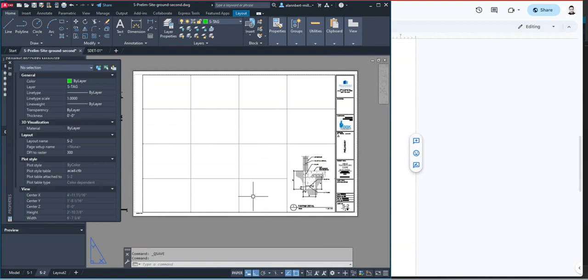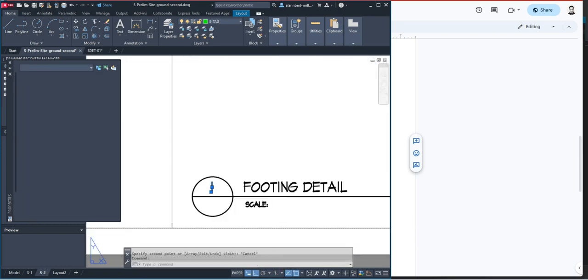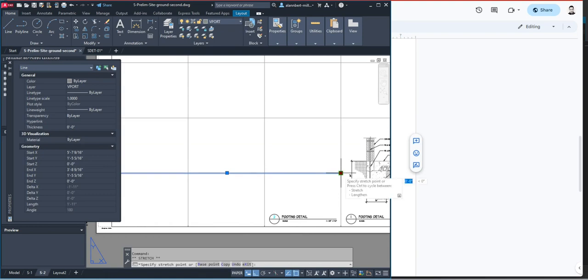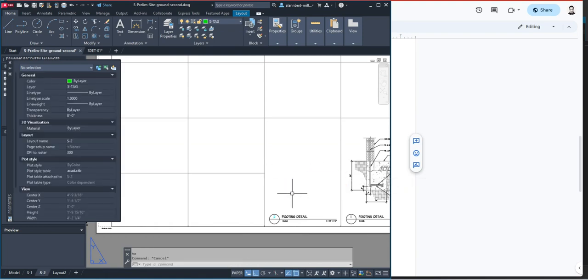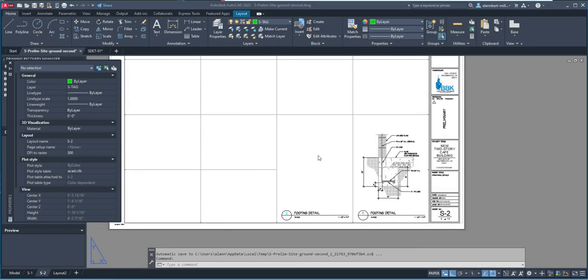It might take you 2 boxes just like this one, and you're going to label this too. So you're going to simply copy this and then drag it here and label this number 2 and also move this, put this here, and put the Xref of that detail that I showed you. So you're gonna put that detail that I showed you here, and don't forget to